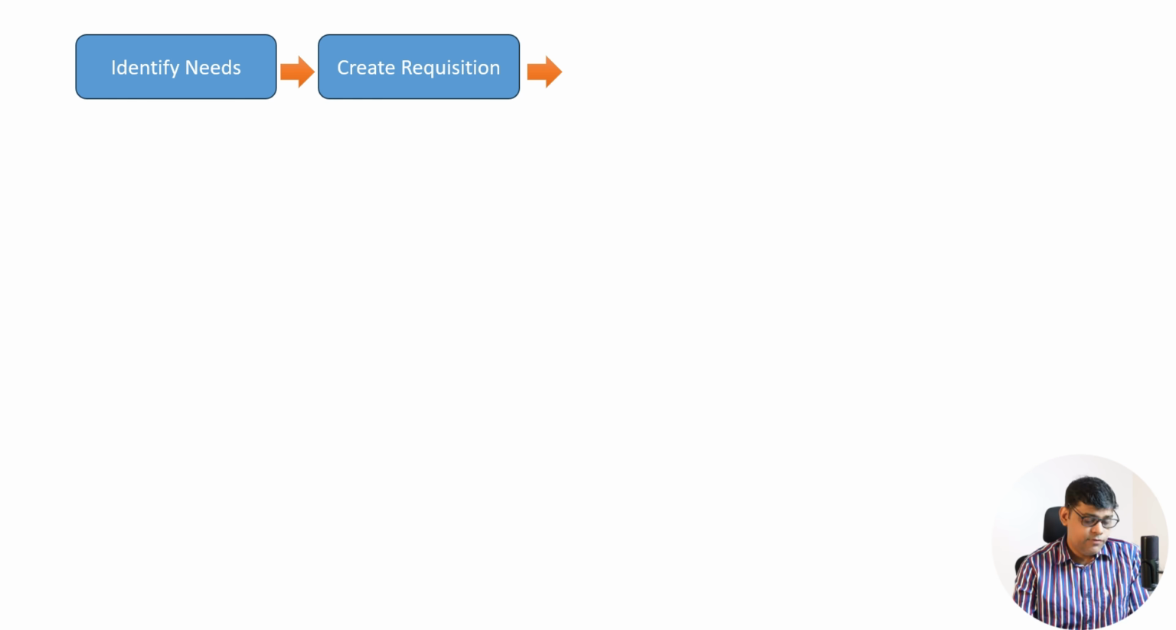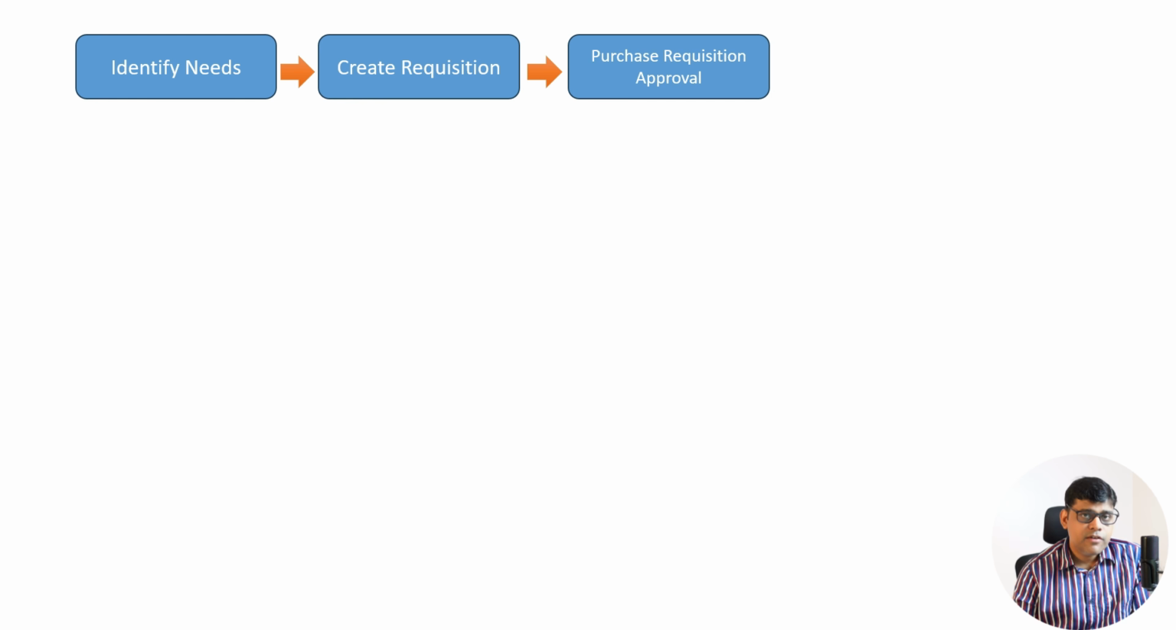The next activity will be your purchase requisition approval. So the department head should approve it. If they are saying that we need 100 tons of raw material from this category for our production, the department head should approve it. The next will be